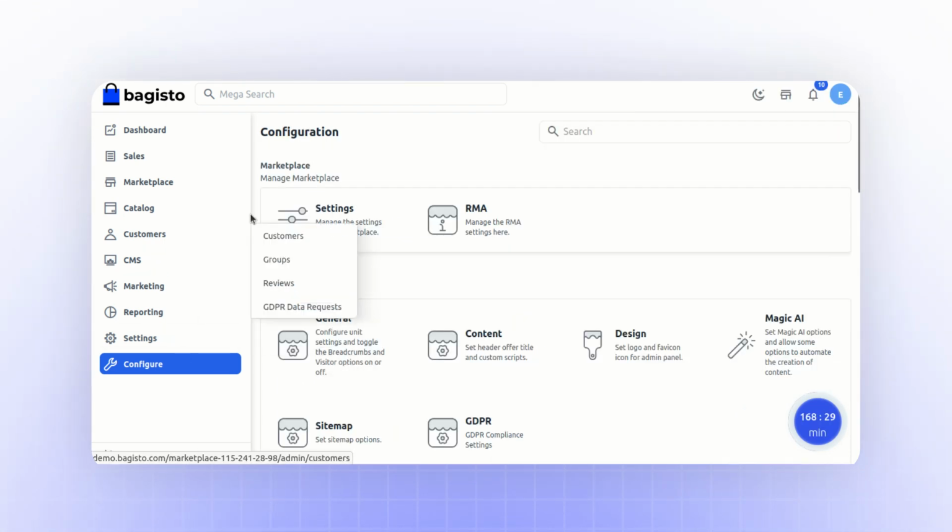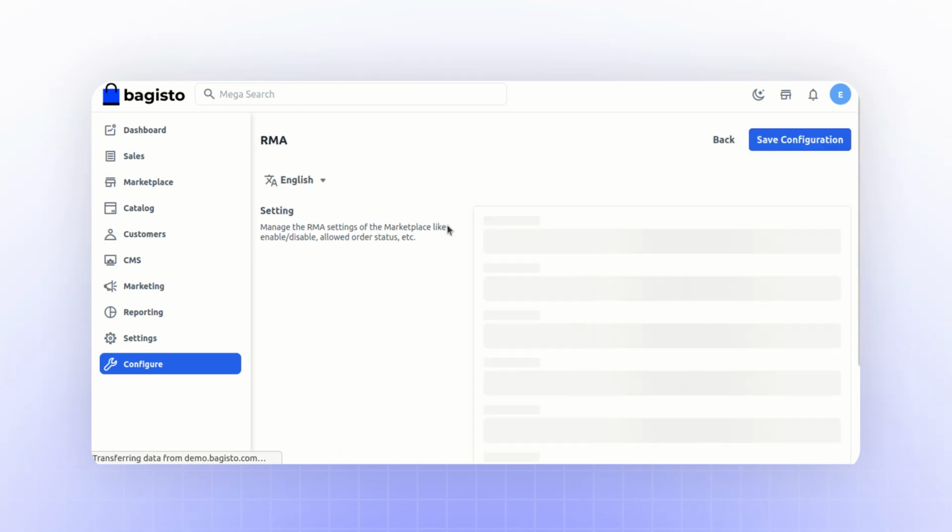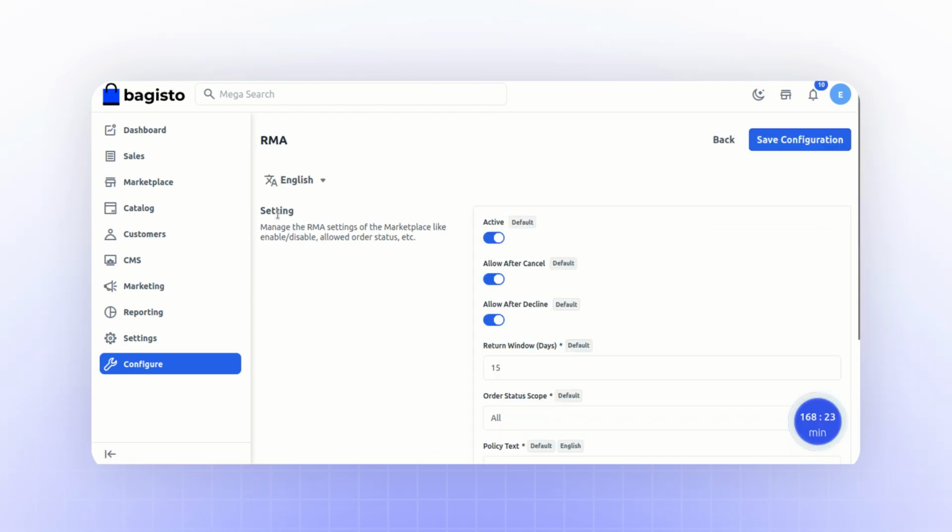In Marketplace, you will find RMA. Click on RMA for RMA configuration. Here you will find Settings. In Settings, you will find Enable or Disable the module functionality, Button with Active, Allow after Cancel, Enable if customer